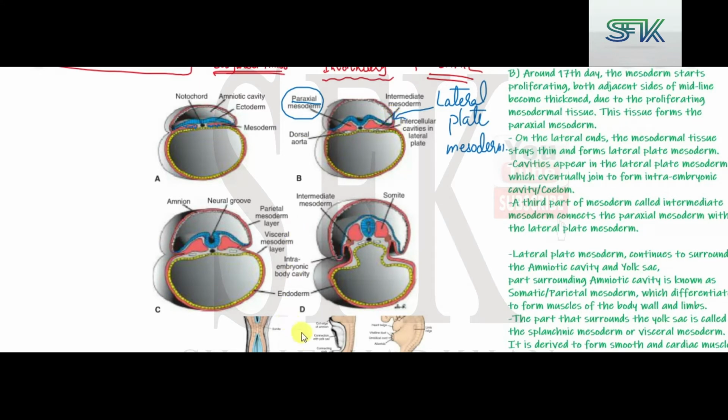And the intermediate mesoderm is present in a region that connects the paraxial mesoderm with the lateral plate mesoderm. The mesoderm present in the middle of these two is the intermediate mesoderm,